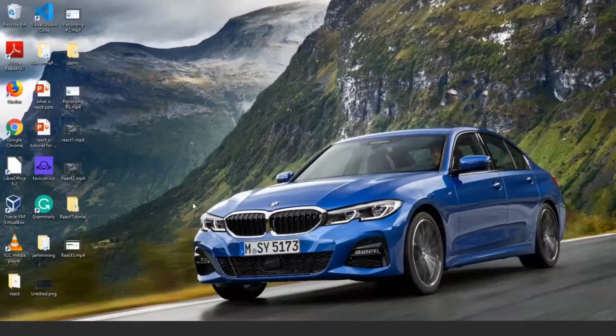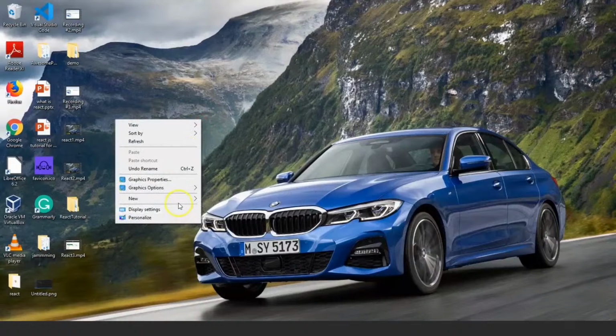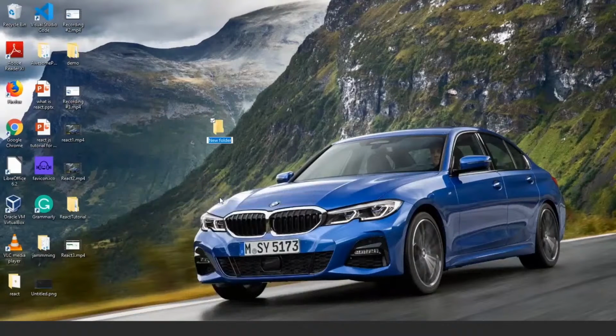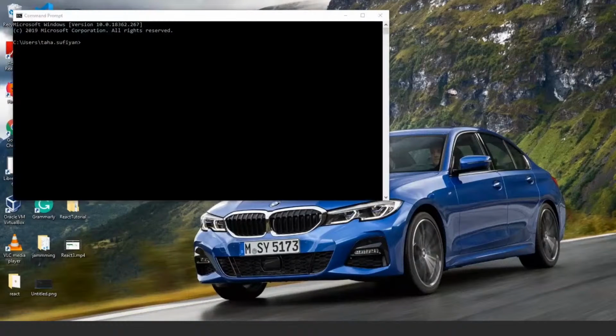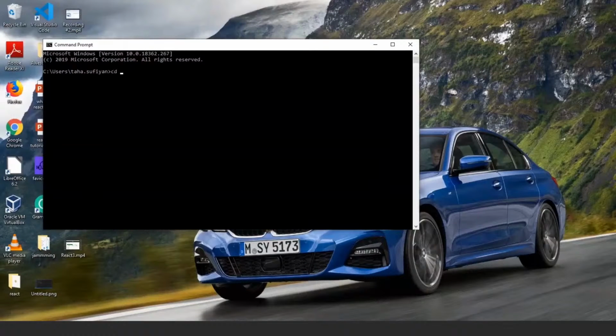Once you're done with the installation of both Node and your text editor, you can start creating your first React application. So for that, let's create a folder. I'm creating it on my desktop, while you can create it in any of your drives. Let's call it first React. Now open your command prompt. Now you can type in the path for the folder that you just created. So say cd